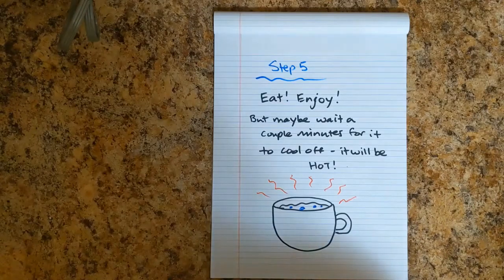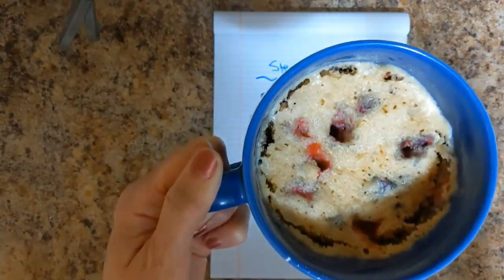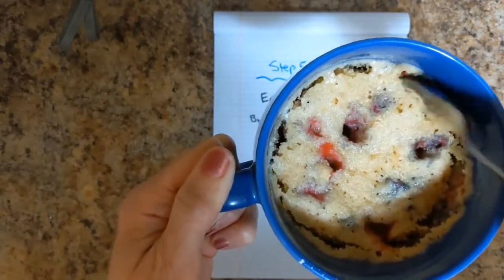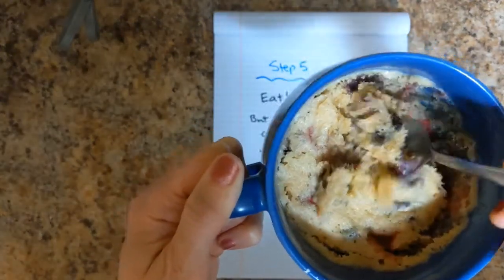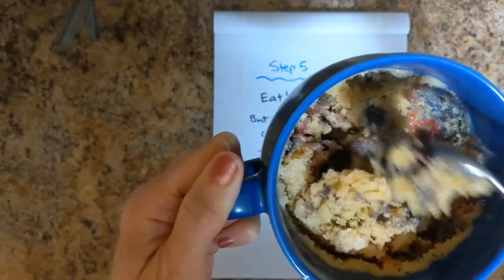Step 5 is to eat and enjoy, but you might want to wait a couple of minutes for your muffin to cool off because it's going to be hot right out of the microwave. I have just removed mine from the microwave, and here's what we've got. You can see it's a little bit moist at the edges there, but when we lift it up, it's baked all the way through,